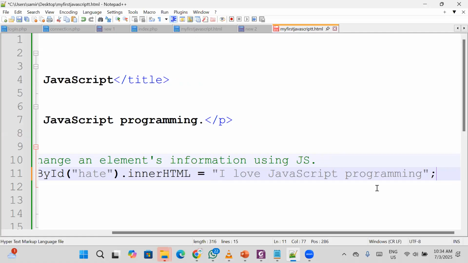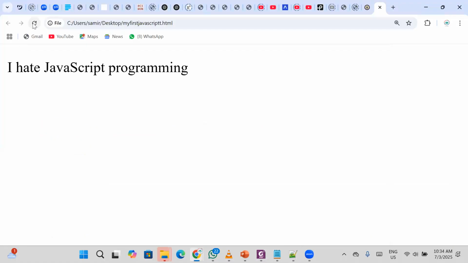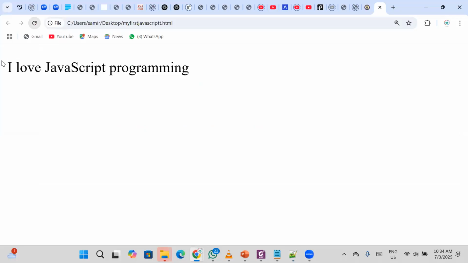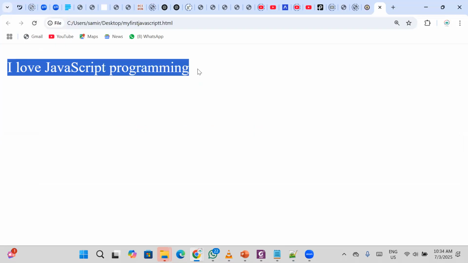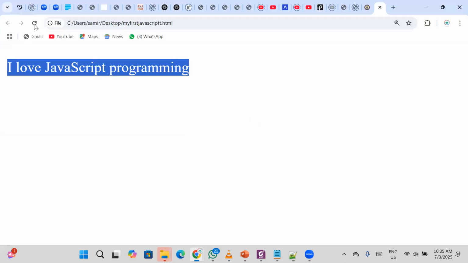And then remember, once you are done, you terminate your statement, then you go ahead and save your work. Once you save, come back to our work here, we refresh. So we are expecting that the hate here changes to I love JavaScript programming. All right, so neatly done. I love JavaScript programming. Yeah, so this is how you can actually change